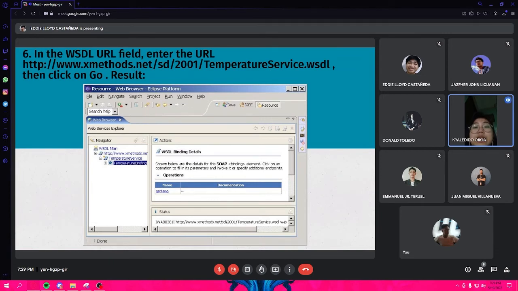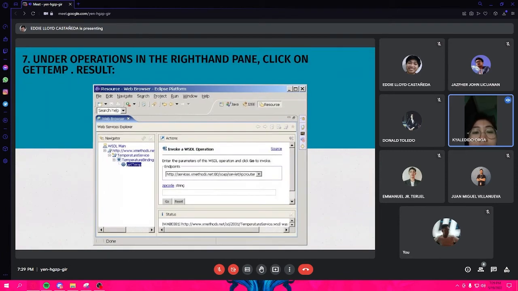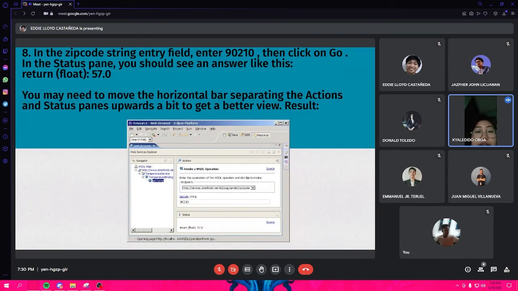Then click on Go and you will see the details of the SOAP binding elements. Number 7, under Operations in the right hand pane, click on getTemp and you will see the parameters of the WSDL. Number 8, enter